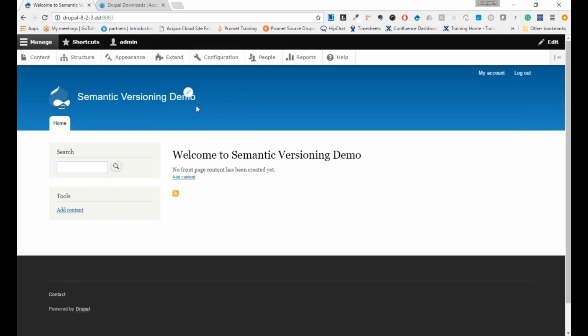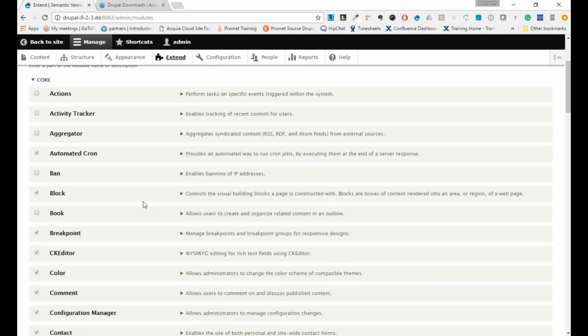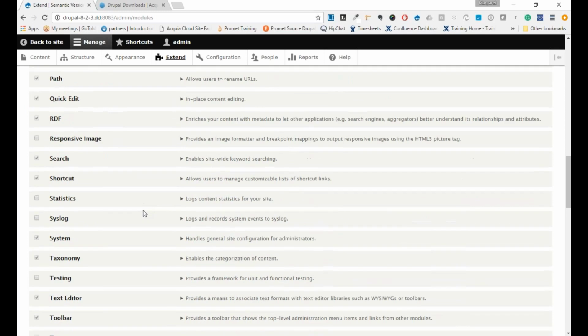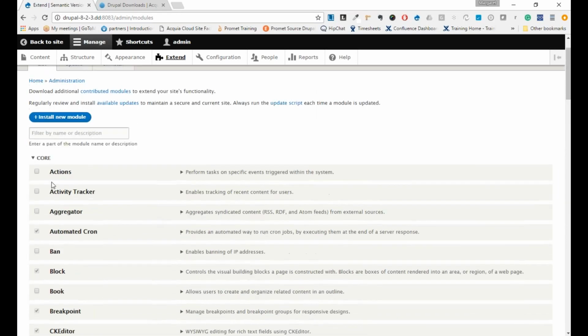When you want to work with features and functionality on a Drupal site, you go to Extend in the toolbar. And we can see categories of all the modules that are installed on the site. A core install comes with about 40 core modules. And you can see as you scroll through that most of them are installed and enabled when you start a